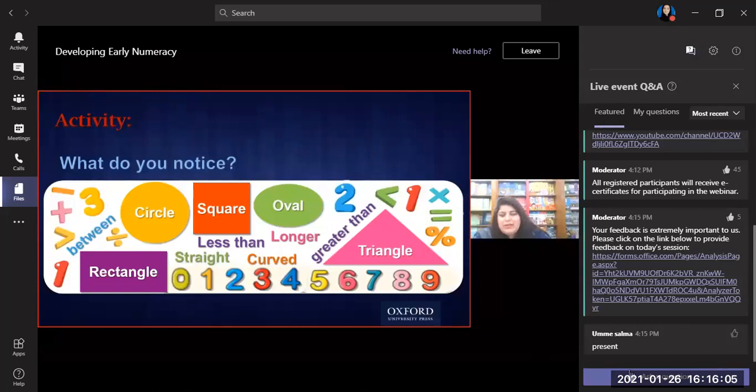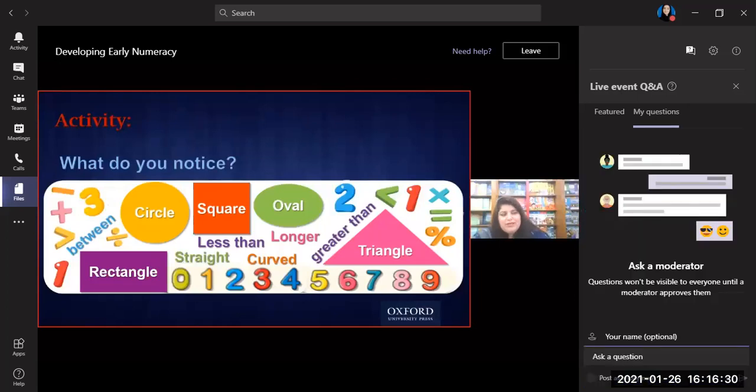Has anybody made any sentence? Yes. 2 plus 1 is 3. Excellent. All right. Right. 2 is greater than 1. Yes. All right. So we can have so many interesting sentences with these familiar words and syntax, so that gradually they get familiar with all these numbers and signs and syntax, and they are able to make connections of